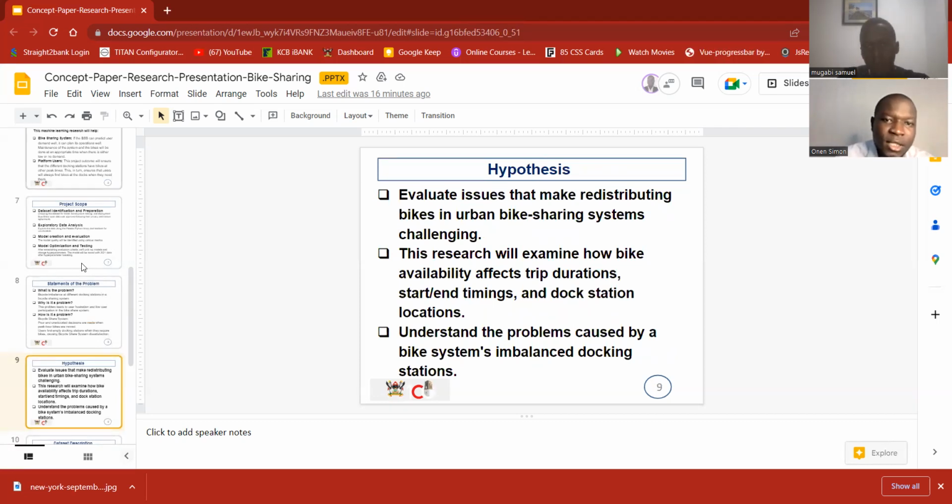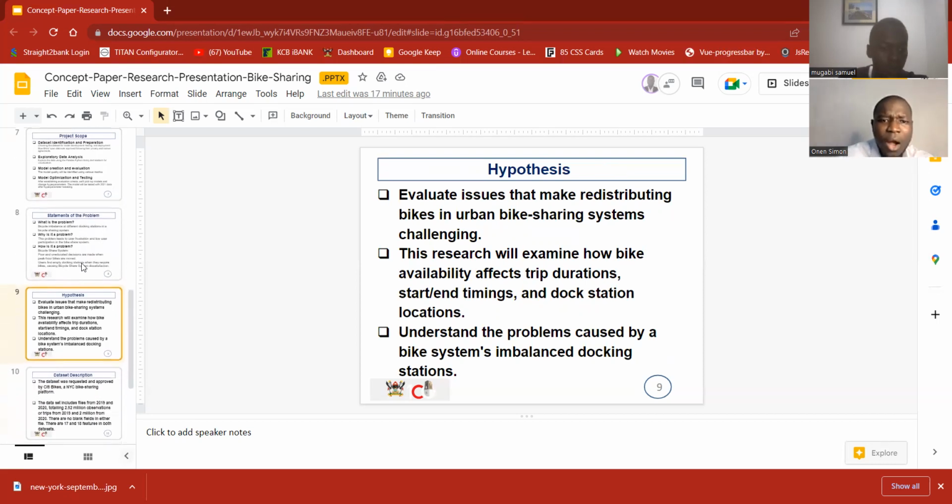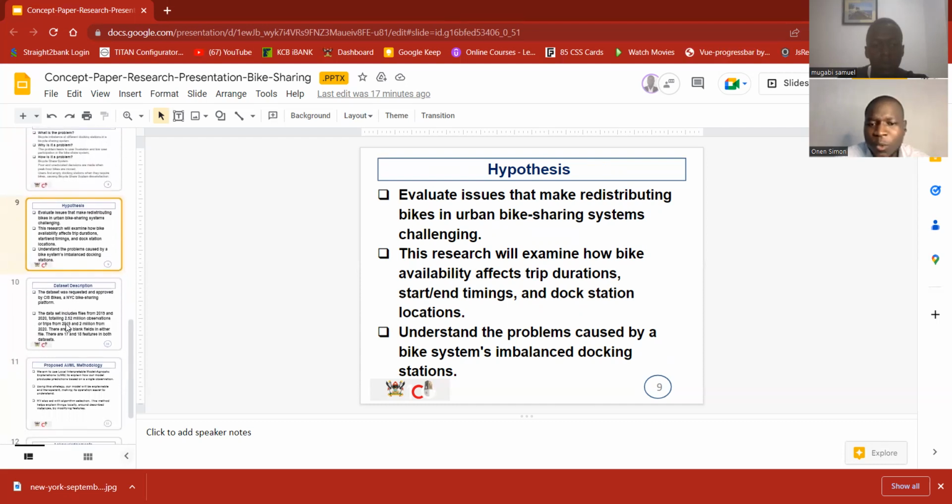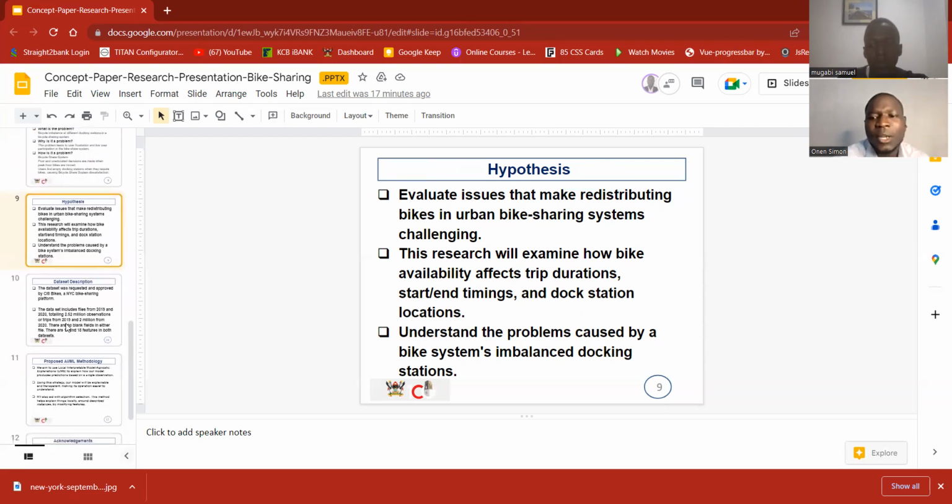Then the hypothesis. Here, we are looking at how we want to draw conclusions from the different machine learning models we are going to build. So here we are looking at assumptions we are going to make, for example, regarding the idea that there are no anomalies or biases in some of the assumptions. And then in contrast, we are also going to look at the null hypothesis to find out what is observed is in effect actually real based on the data.